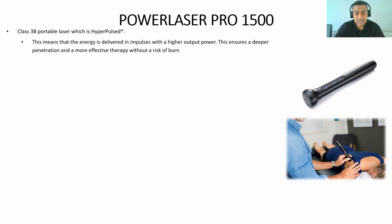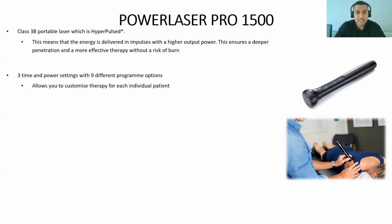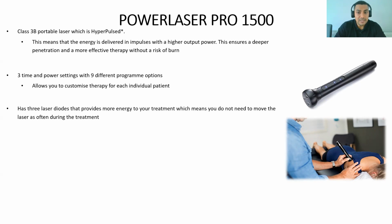And this obviously penetrates deeper into the skin with a more effective therapy without the risk of burning. It has 3 time and power settings, similar to the other one. Allows you to, again, customize your therapy for your patients. This is slightly bigger, as mentioned earlier, which has 3 laser diodes on it, which is why it's a 3,000